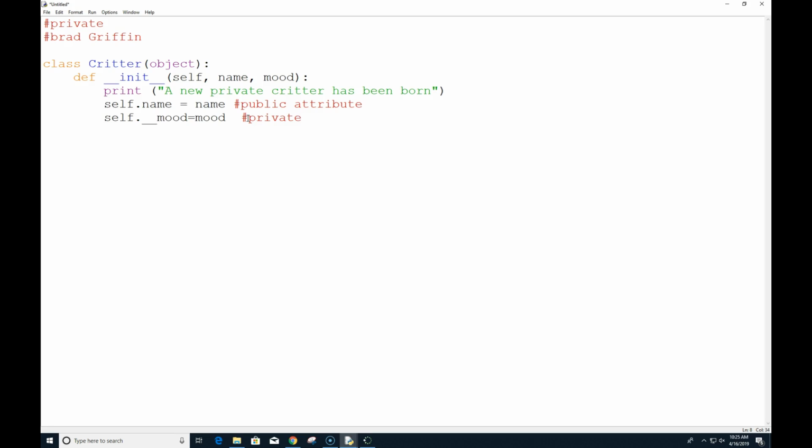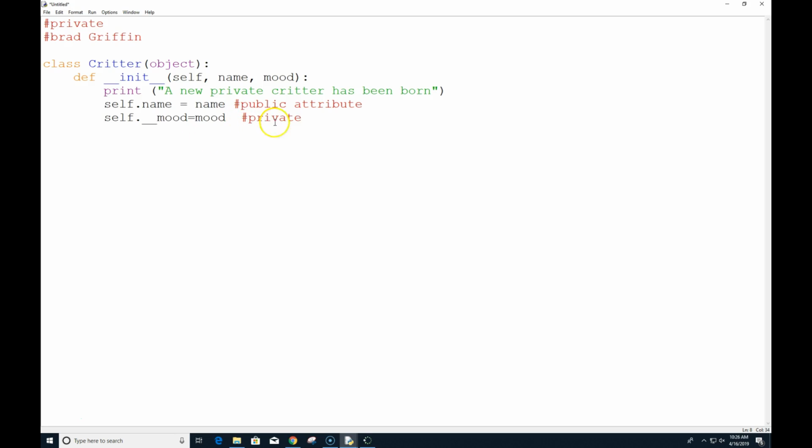Those underscores in this case are that key to Python that says, you know what, you're doing something, but this particular piece of data is going to be what we call private. It's those underscores that give us that clue.